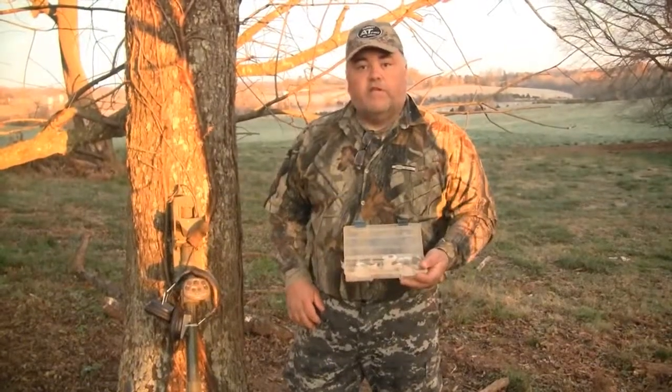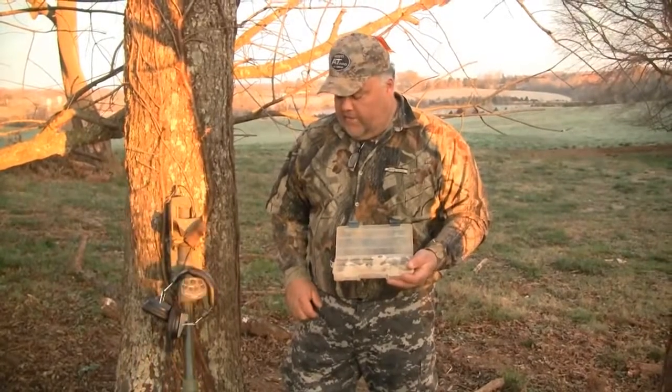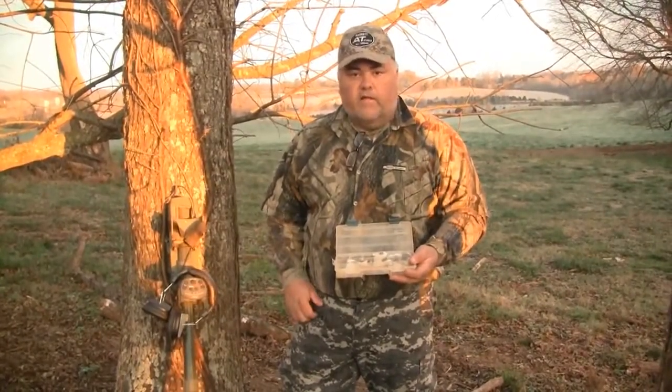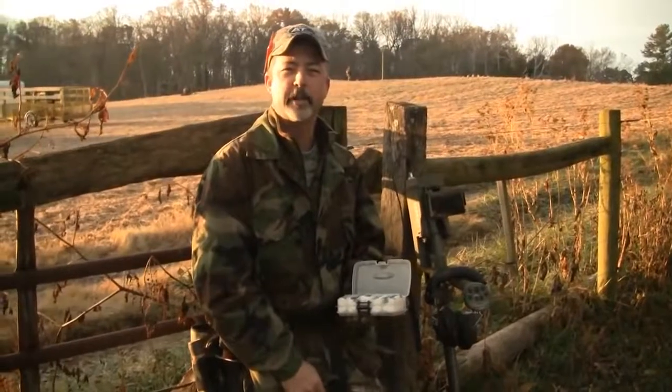That's going to be my machine for all my DIVs now, and it gets, like I say, as deep as all the other machines. Balances real good in the clay and the red soil, and I've been digging a lot and enjoying it. I'm Rusty Curry, out here digging in Virginia,